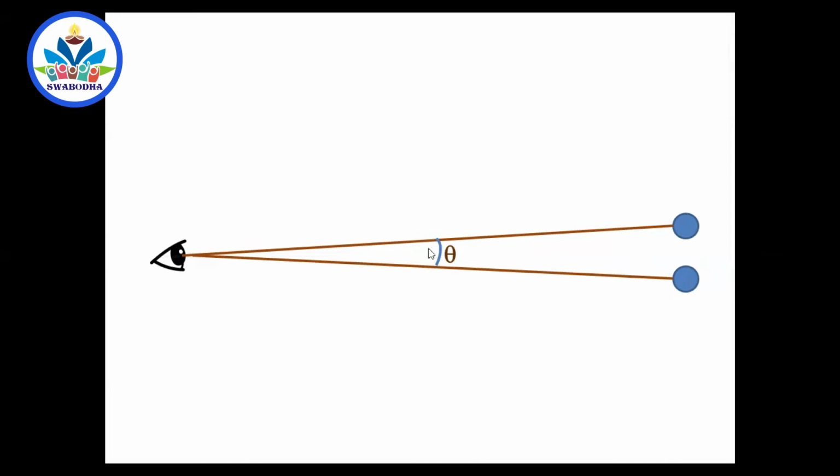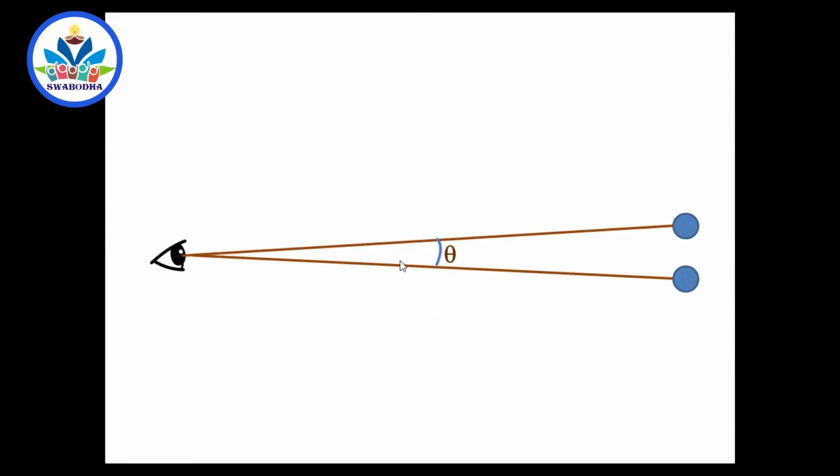Now, if that is 1 minute, you can see that. Suppose this is not 1 minute, you will never see these two objects like this. You will see them appear merged. Now come closer and closer. Sir, when we go closer to the same objects and observe them, we see them clearly. What is the reason? Because this angle goes on increasing.